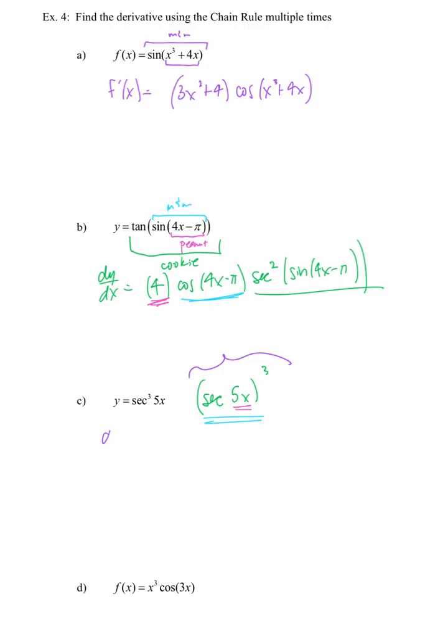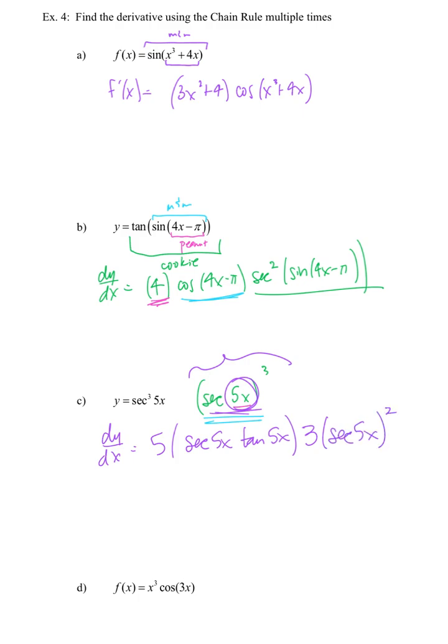So first, dy dx. The derivative of just the peanut is 5. The derivative of the M&M, right? And the derivative of secant is secant tangent. So secant 5x tangent 5x. And then the derivative of the entire cookie is the 3 out in front of secant 5x and subtract 1